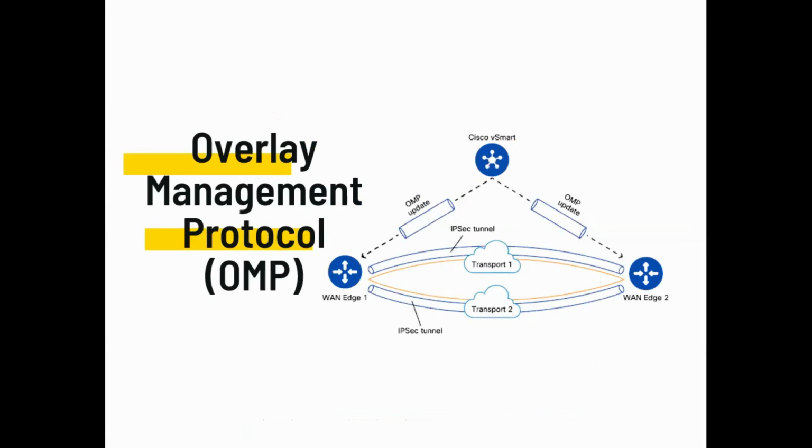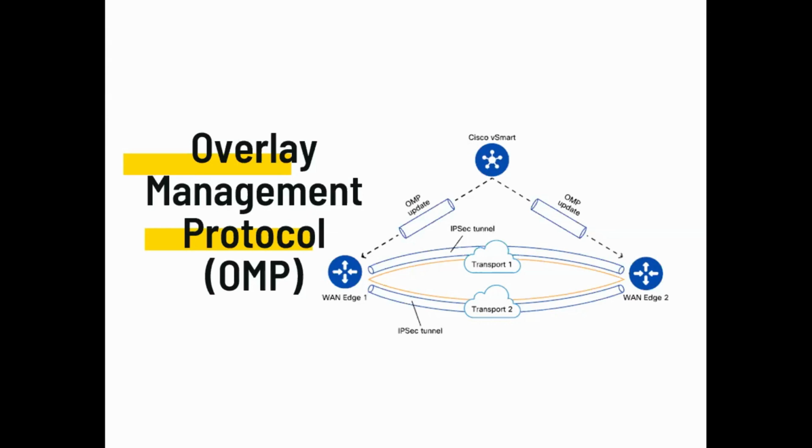Okay, so we talked about OMP. OMP is your Overlay Management Protocol, which Cisco SD-WAN uses for the overlay network. It runs between your vSmart and your WAN edge devices, to exchange information about your routes, your next hops, your crypto keys, and your policies over a secure connection. And that tunnel is what? That is again your DTLS or TLS tunnel, right?